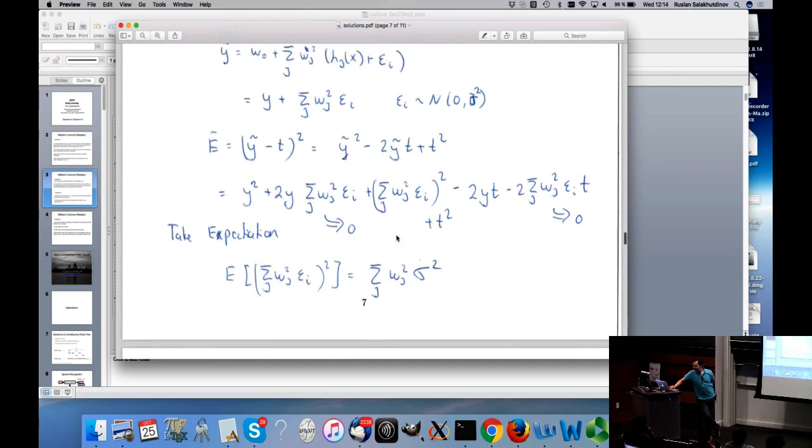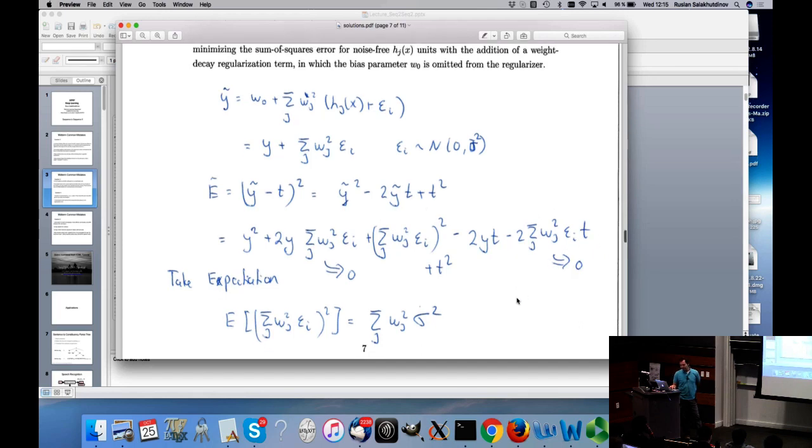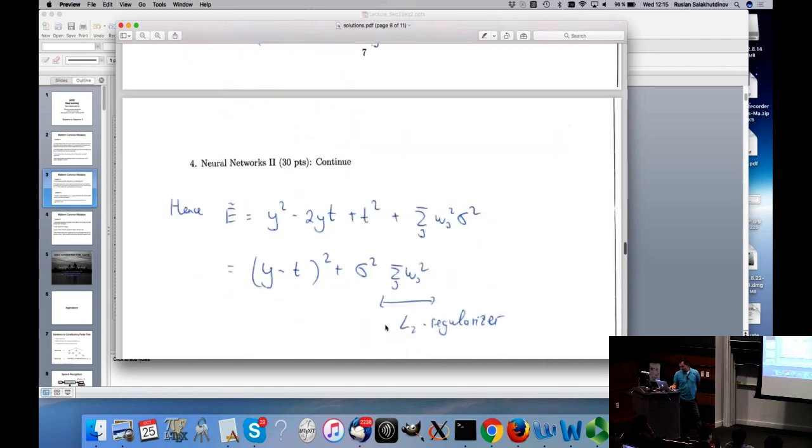It really is. There is nothing, once you get to this stage and say your corrupted prediction is the same as the clean prediction, plus this is the corruption, where epsilon is zero mean variance sigma, and you look at the squared, you know what this is. It's this thing, and you know what y is. y is W_0 plus this term here. Just open the parentheses, compute expectations. A lot of things will cancel out. For example, this term will cancel out because the expected value of epsilon is 0. This is where the variance comes in. This term cancels out because its expected value of epsilon is 0. And so now this term is equal to this, and then you just plug in and you get this expression.